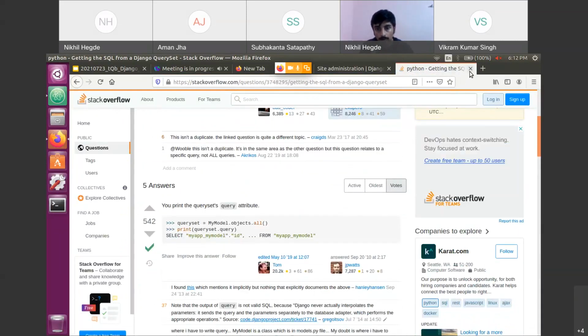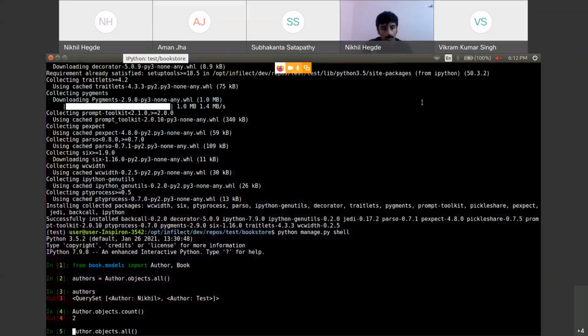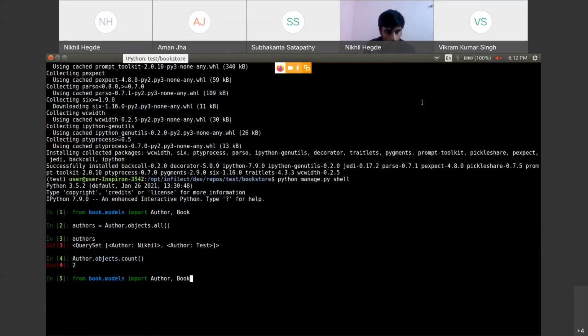Yeah, you should print .query. Okay, now let's execute the same query. authors is equal to author.objects.all.